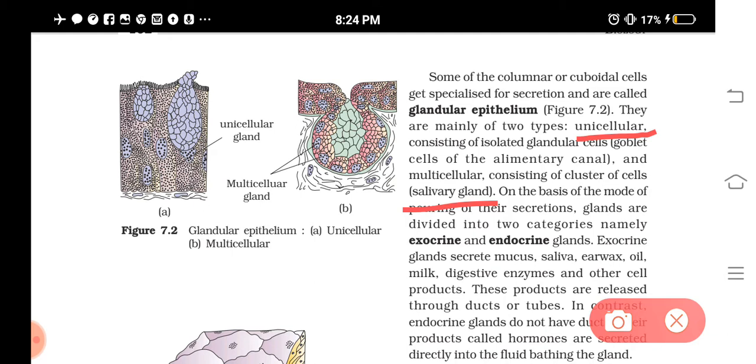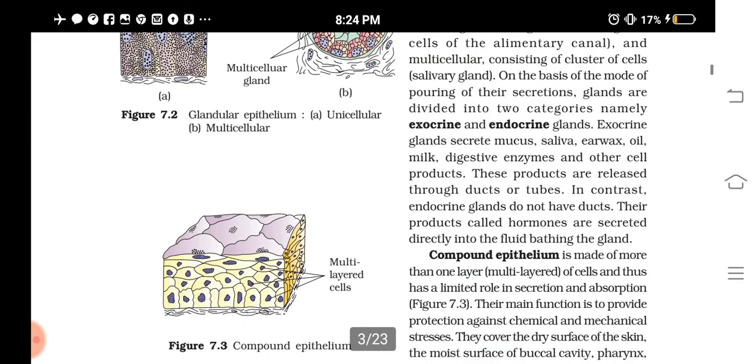And what is the definition that we have studied for exocrine glands? Those glands which are having what? Ducts, isn't it? So if there are ducts for the gland to release their secretions, they are known as what? Exocrine glands. And endocrine glands, on the other hand, do not have any ducts to release their secretions, isn't it? So can you give examples of endocrine glands? We have studied in class 10th, isn't it? What are the endocrine glands? Pancreas, isn't it? Then do you remember? Pituitary gland, pineal gland, thyroid gland, all this we have studied, no?